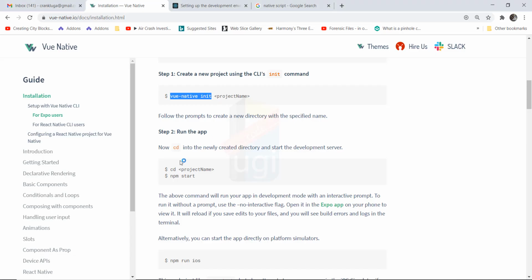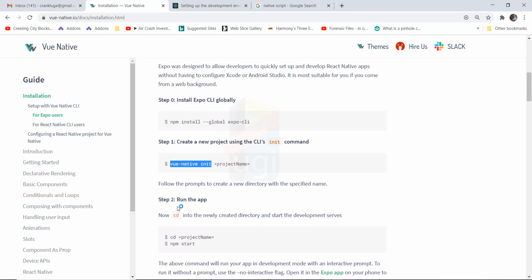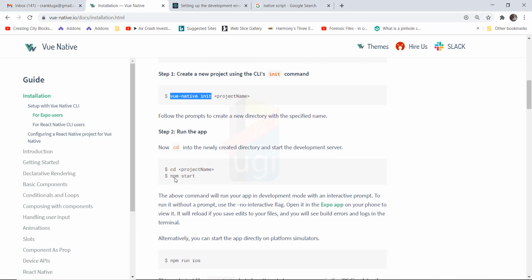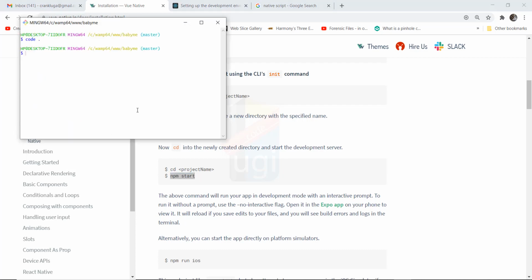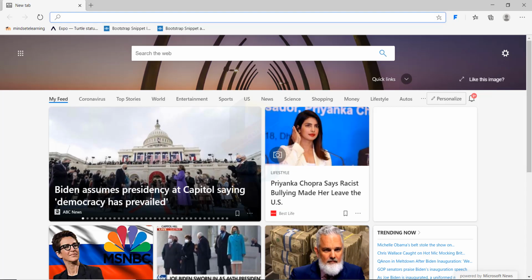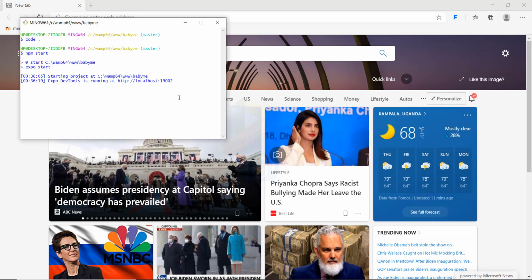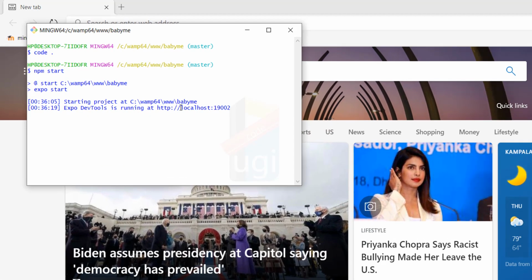So the first thing I'm going to do, here we're given a directive that we're going to run the app. So all we have to do is run npm start. You can also do expo start. So we're going to run npm start, and it's going to start Expo for us. It is indicating to us that Expo is going to be running at localhost